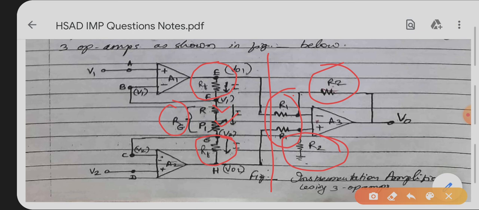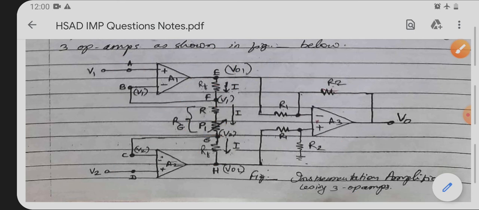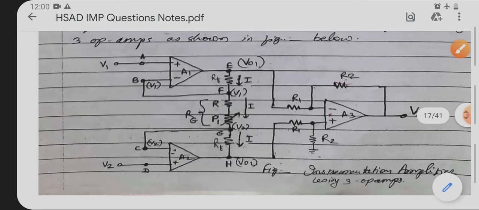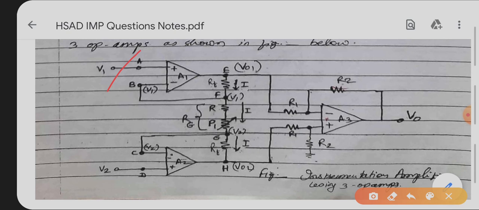There are a few points mentioned here. Point numbers A, B, C and D like this. Similarly points E, F, G and H, I will show like this. Different points are mentioned from A, B, C, D to E, F, G, H, and you can see the same current I is flowing through all the branches,